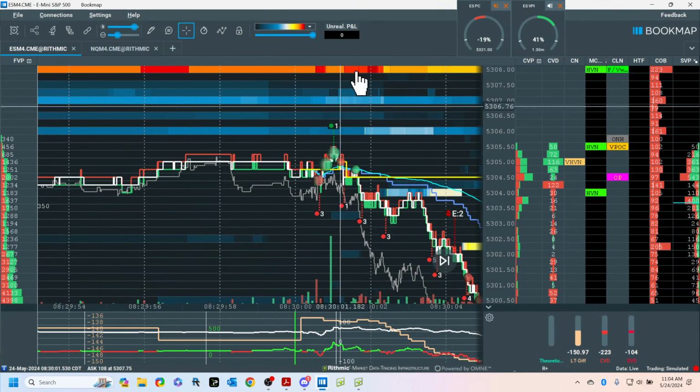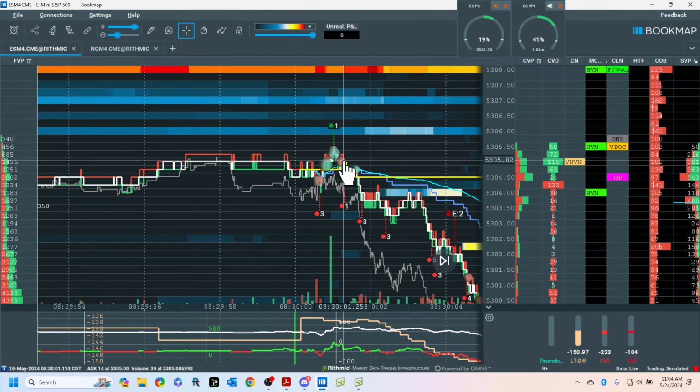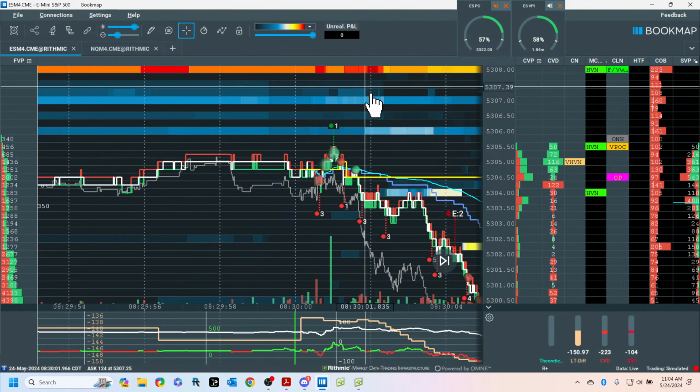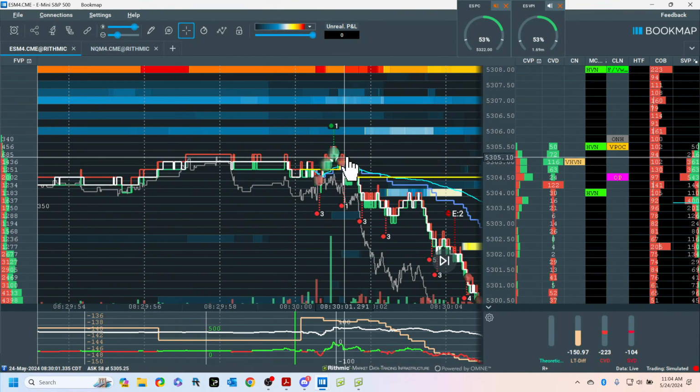So right here, going to the moon, Alice, developing volume point of control. And buyers, look, just watch. Going up. Right here, I see a seller. Here's my volume. This is a very tricky place to trade, and I always want to emphasize, don't trade here, but learn from it. If we're going higher, because this moved up, we're going to push off it. So I'm looking for a long here.